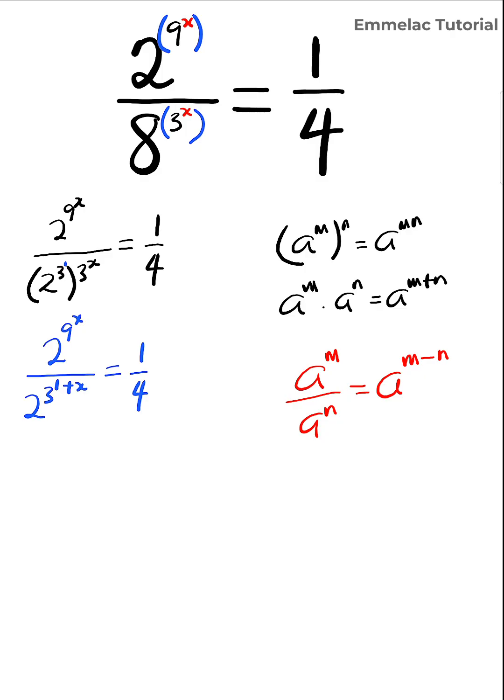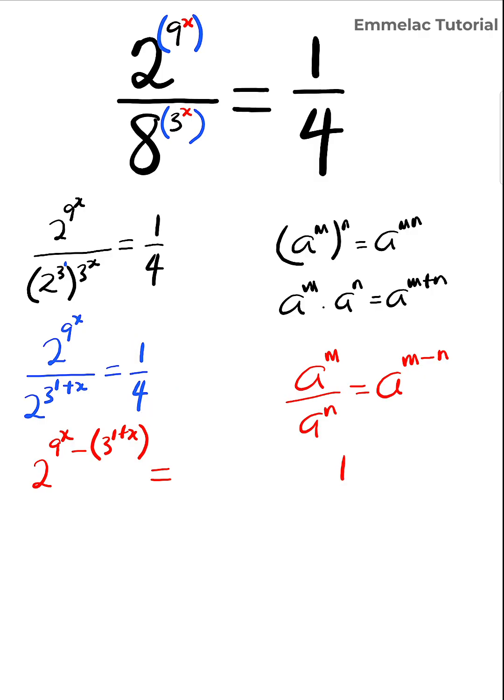So we will apply this rule to the left hand side of this equation, which gives us 2 raised to 9 raised to x, minus 3 raised to 1 plus x, then equals to